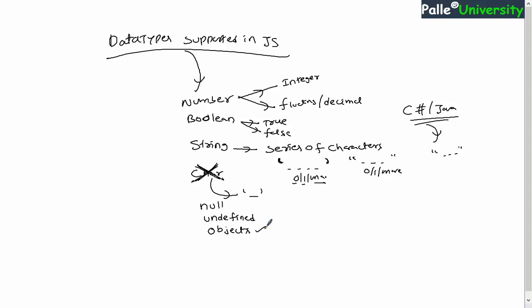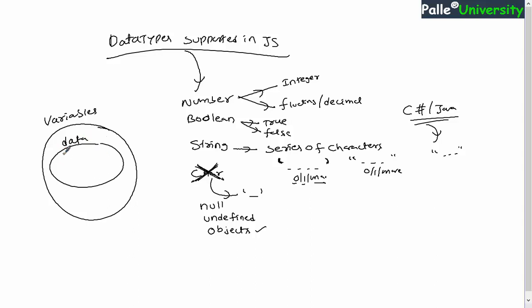Now, after understanding all these things, let me explain a few more important things related to JavaScript. First of all, let me talk about variables, right? One more point I am missing related to variables, I will try to explain. I said in JavaScript by using variables we can store data. What kind of data? It can be any data. Using variables we can store string data or boolean data or numbers, even objects, right? Apart from all these things, even JavaScript variables are capable of storing something called functions also, right?